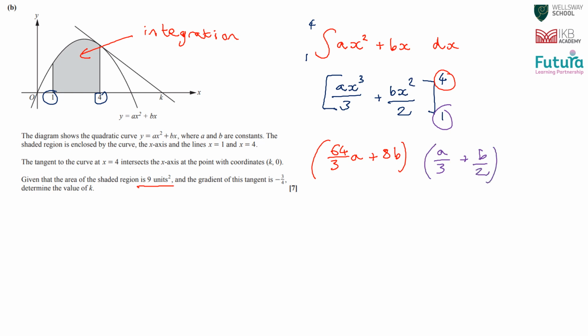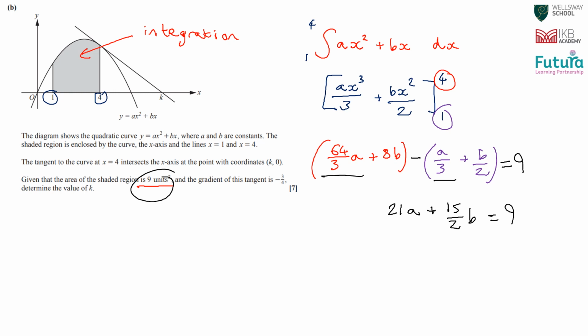And we know, because of how integrating works, that when you're integrating between them, you subtract, and that gives you the area. In this case, the area is 9, so I'm going to write equals 9. I can simplify this somewhat. Use your calculator, of course: 64 over 3 a, minus 1/3 a, is 63 over 3 a, which is the same as 21a. And then 8b minus b over 2 is 15 over 2 b,